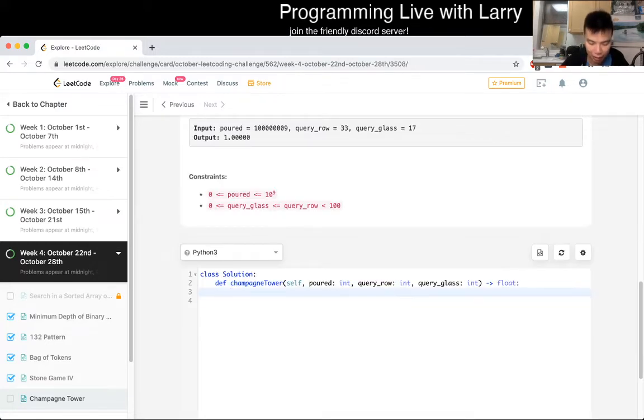So I'm thinking I'm going to start by doing, I don't know, filled, maybe. I just say rows is equal to query row. I think it's fine. Maybe it's off by 1, maybe I have to double check. Columns is also just rows. Maybe we don't need all the columns, but I'm going to do it so that I don't make silly mistakes, and then we could optimize that later if we really need to. Okay, and it'll be a simulation of sorts. So we'll first start by pouring all the cups in